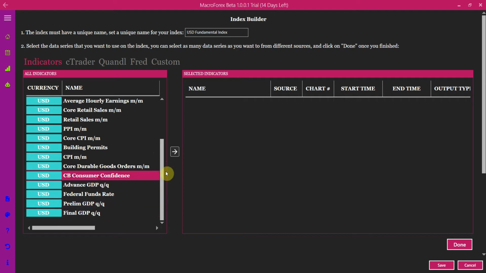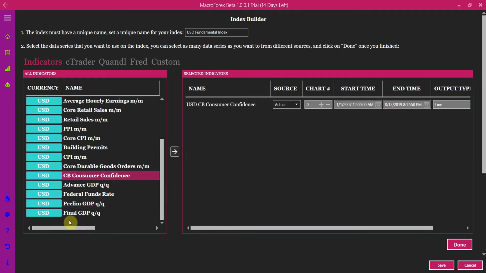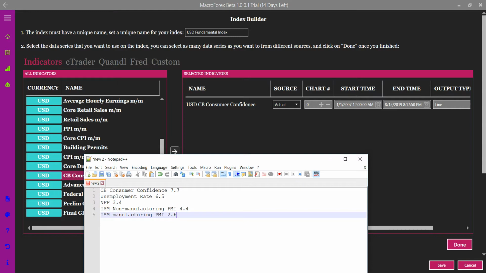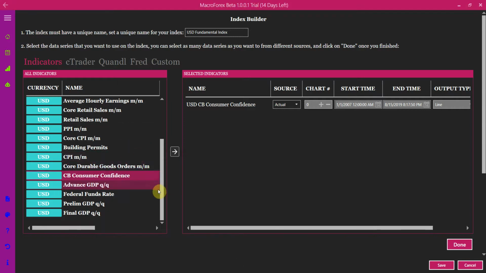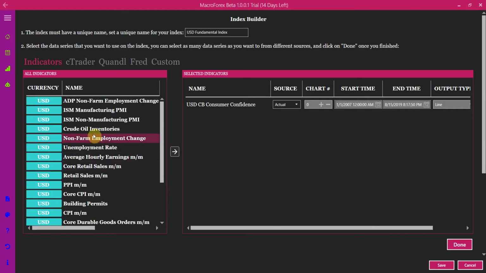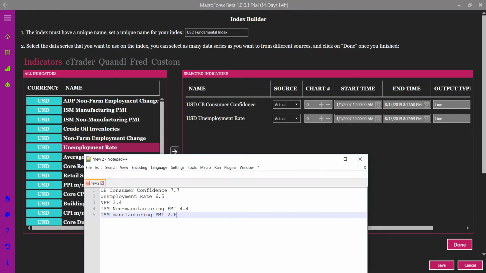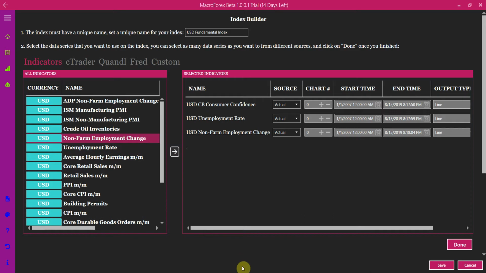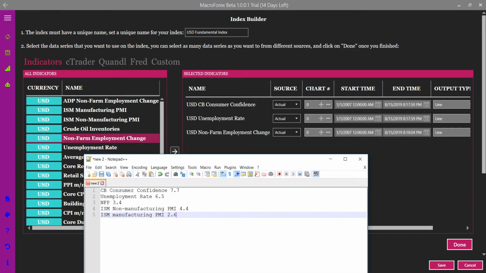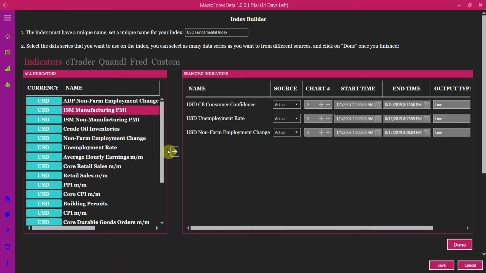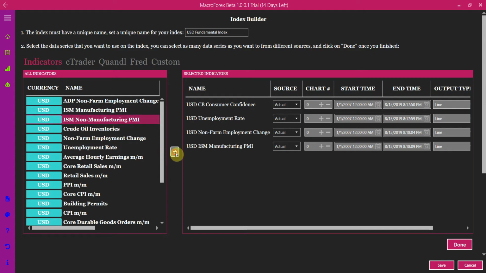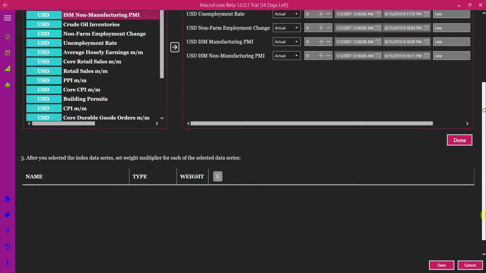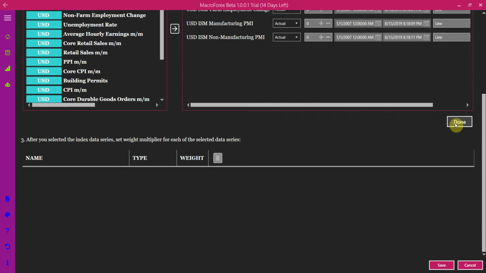CB consumer confidence. Another one, unemployment rate. Another one, NFP, non-farm employment change. ISM manufacturing PMI, ISM non-manufacturing PMI. Okay. Next, I have to click on the done button, so all these data sets will be added to my